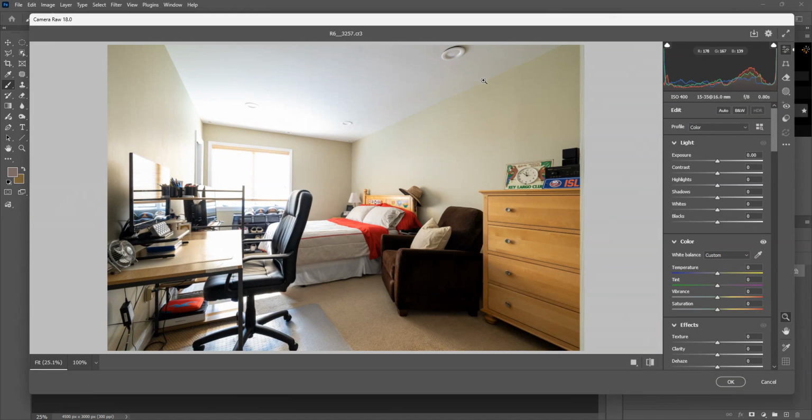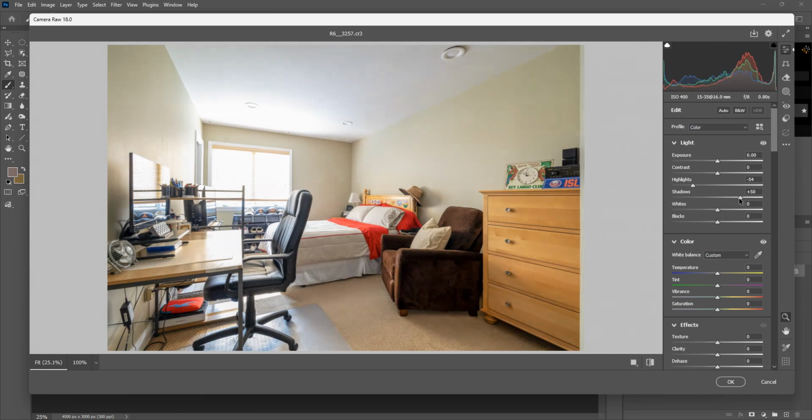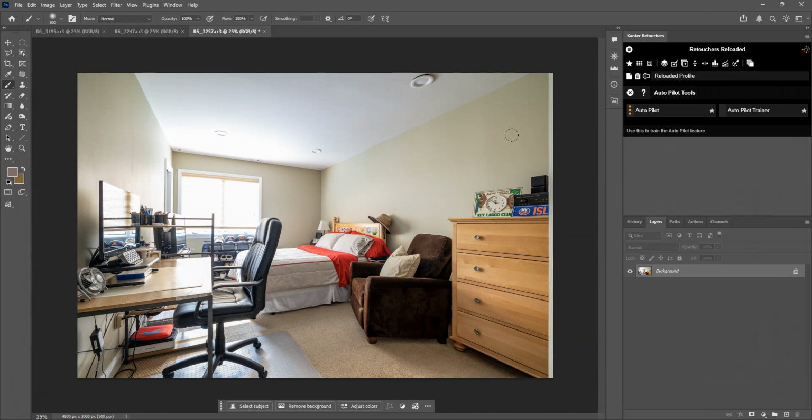And how it works is it looks at your image and it looks what did you do to the image. That's how it learns. Okay, so on this one we're just going to do something like this. I think that's fine for now. Okay, so we've trained it on this image now,